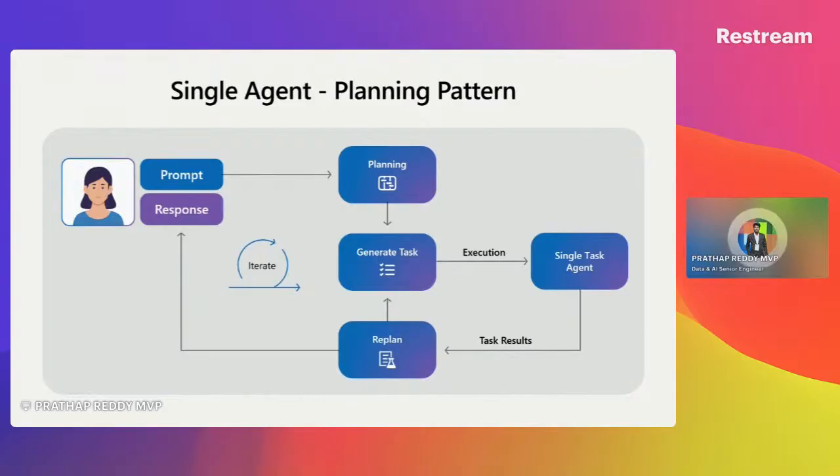For example, a single agent having some business requirement. Let's say I want to build one agent for creating an SOW, that is a statement of work. That is my business requirement. So I'm going to prepare the agent for this business requirement. Now, how does this single agent really work in real time? We are going to give one prompt, and this prompt is going to move to this agent,